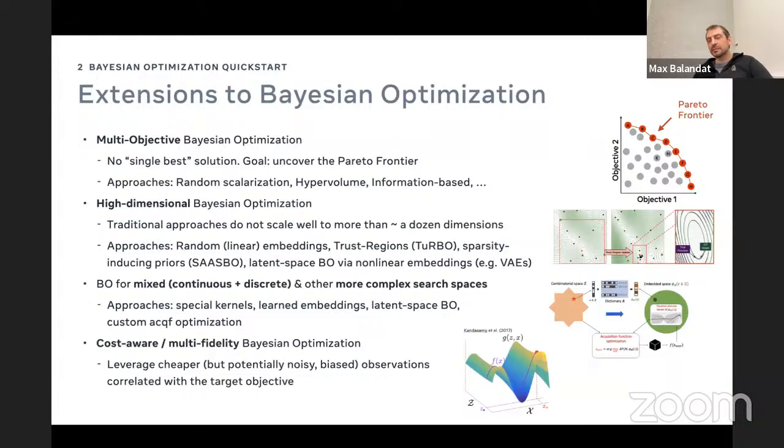I do have cost-aware multi-fidelity Bayesian optimization here as well, so that connects to the last talk. So the way I see it is, transfer learning is like you have some data sitting around from some problem, and you want to make sure to use that as best as possible. Whereas in a multi-fidelity setting, it's very much related, but you actually get to make the decision whether you want to evaluate different kinds of fidelities based on the cost. So there's this additional component in the decision making. But other than that, the approaches are quite related.